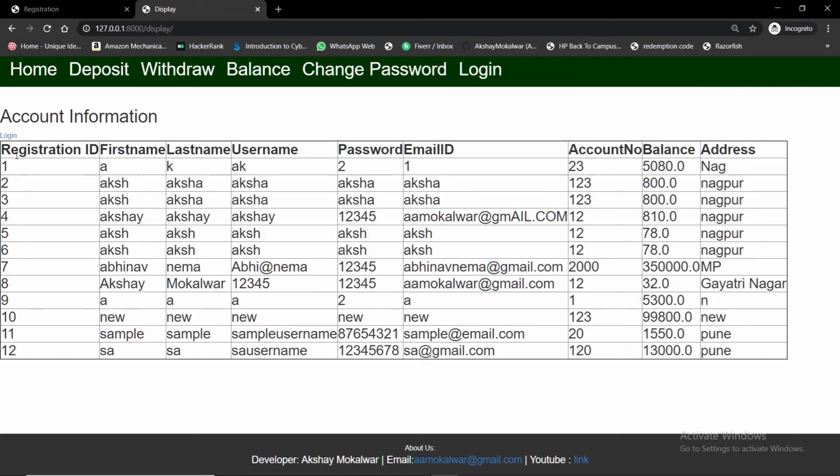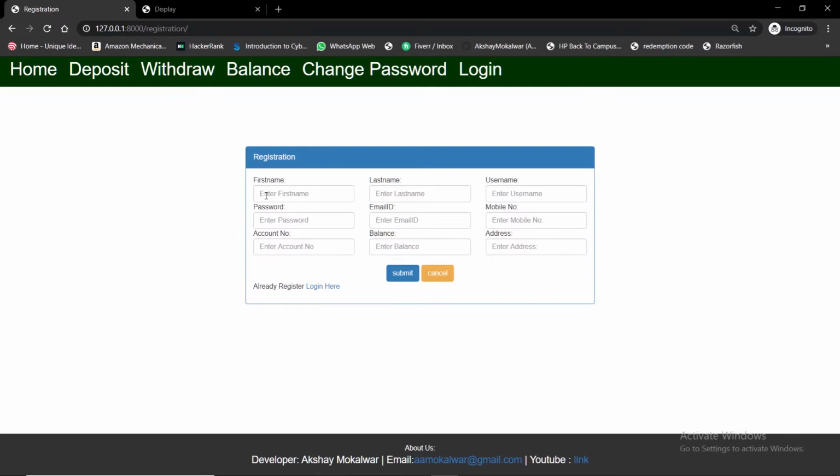So let's add one more user. When you open a bank account, first of all, you have to deposit some amount in it.